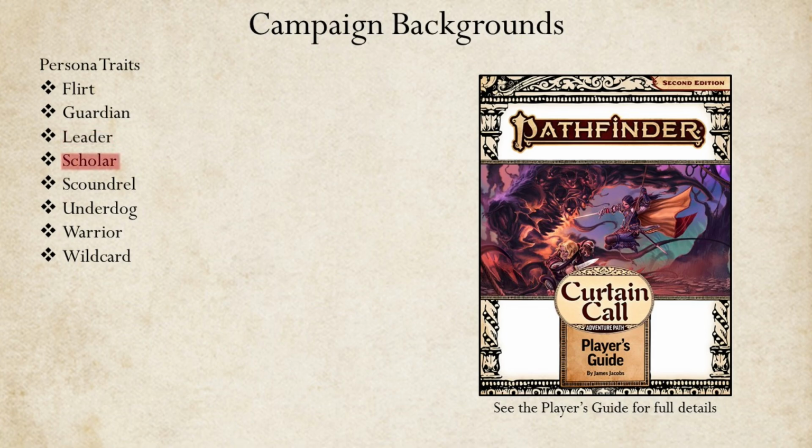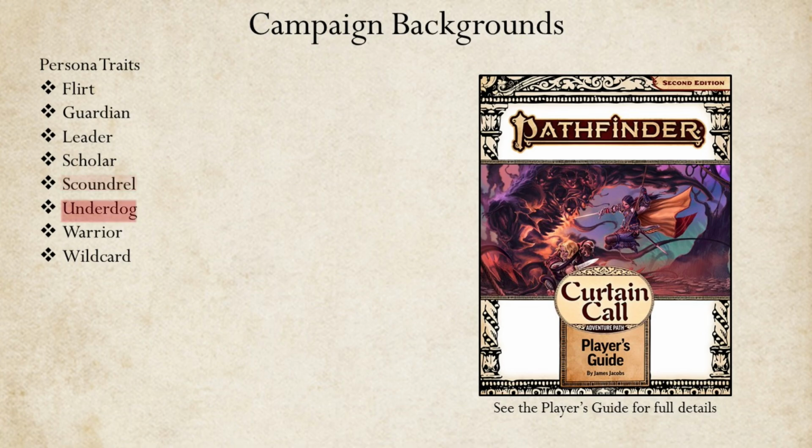Scholars are seen as the clever one in the group, and are always expected to solve problems. This often comes, however, with the expectation that the character is physically weak, and might feel superior to their less intellectual companions. Scoundrels are the classic Han Solo-style bad boy of the team. While these characters hold an appeal to most audience members, some see them as untrustworthy, or potentially dangerous to their friends.